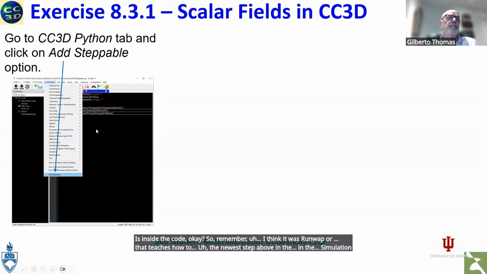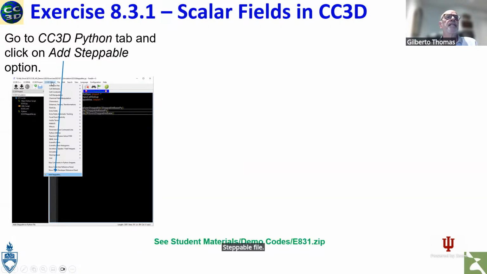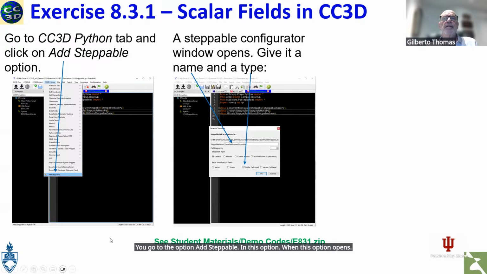You have to go to the steppable file, and inside the CC3D Python drop-down menu, you go to the option Add Steppable. When this option opens, a new window opens to configure the new steppable. Give it a name, for example, extra field visual, something like that. Choose what you want, and say that it is